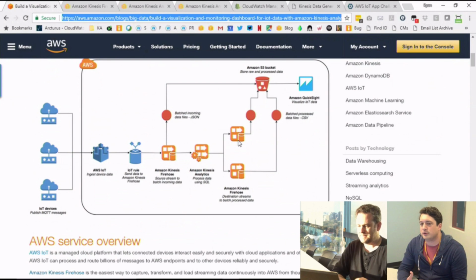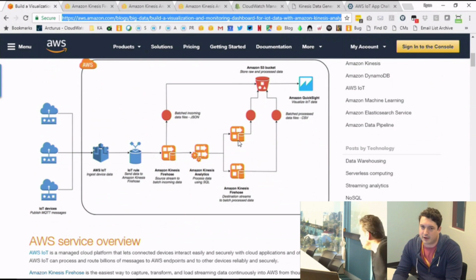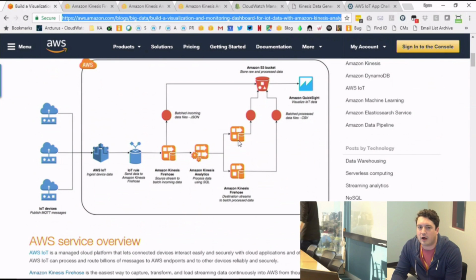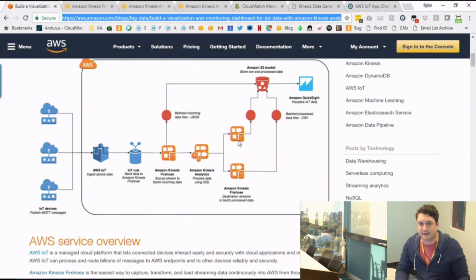I'm also going to present some alternatives to you guys. So this is one example architecture, and there's a lot of different things that you can do here. At each step I'll go through some of the options that you have. It's just an example. For ingesting data, you can use a Kinesis Firehose or a Kinesis Stream, and we'll talk about whether you would make one choice or the other. But with that, let's get started.